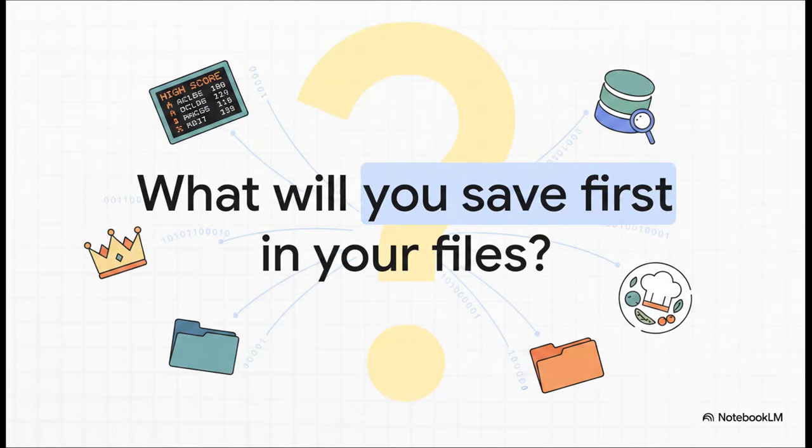Armed with the breakthrough of file handling, it's time for you to start building your own permanent legacy in Python. You've seen what happens when you rely solely on volatile memory, right? You've seen the absolute tragedy of the midnight reset. But now you have the key. As we wrap up this explainer, I want to leave you with a thought. Now that you know the secret to permanence, what are you going to save first in your files? Will it be a high score, a database of users, maybe a recipe of your own? The kingdom of your code is waiting for you.